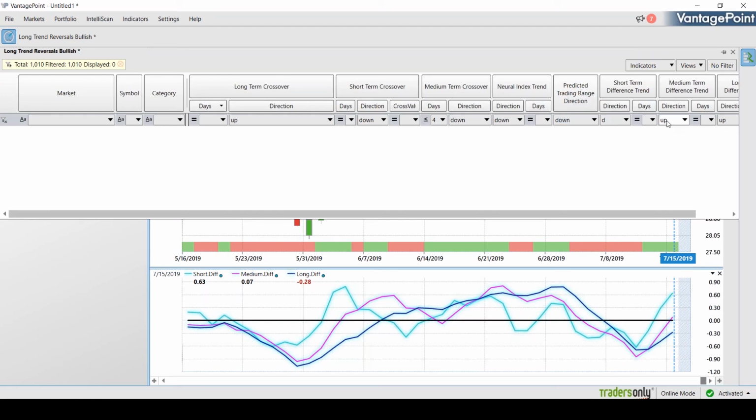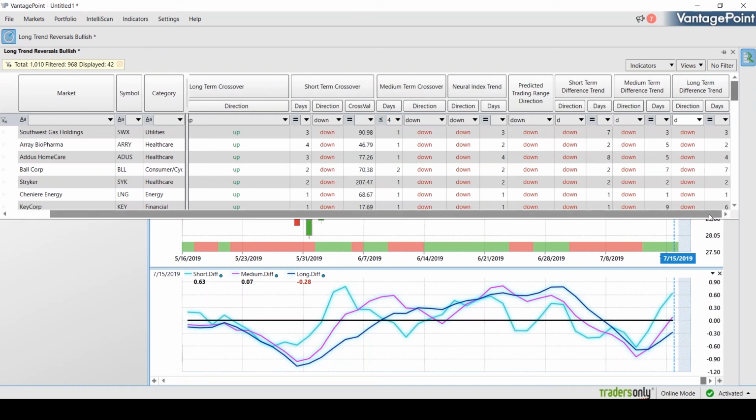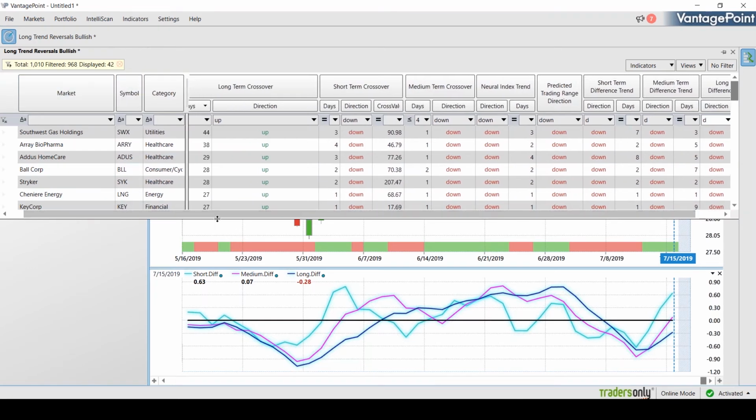Down, down, down, down, down. Just moving everything down. There we go. Perfect. So now we're left with 42, but we're probably going to pay the most attention to,